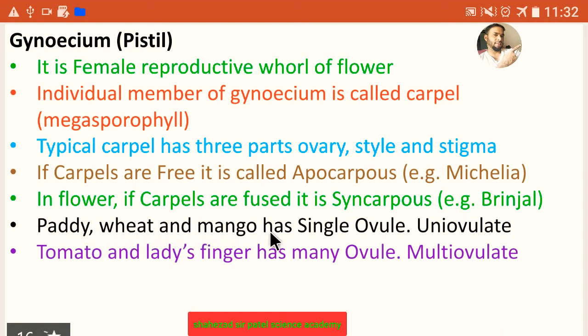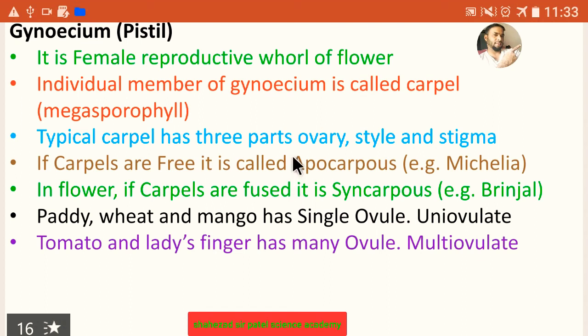Paddy, wheat, and mango have a single ovule. Because of having only one ovule, these plants are called uniovulate. Uni means one. Tomato and lady's finger have many ovules, that's why they are called multiovulate. So in this slide till now